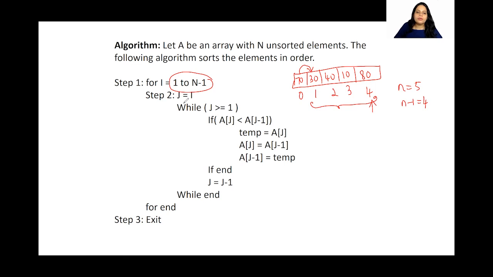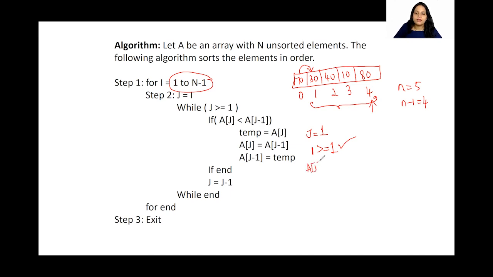Now step 2 is j equals i. I'm going to take an element and say j is equal to i. The i value is 1 in the first case. While j is greater than or equal to 1: j value is 1. Is 1 greater than or equal to 1? It is true, isn't it? If A of j is less than A of j minus 1, what is A of j?